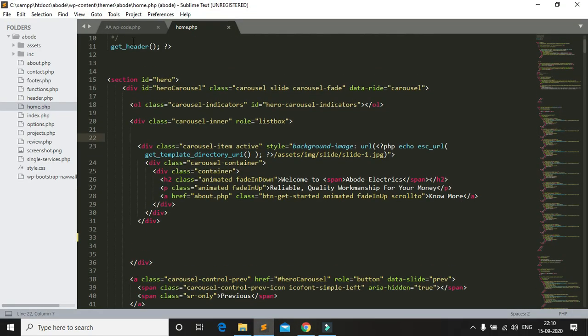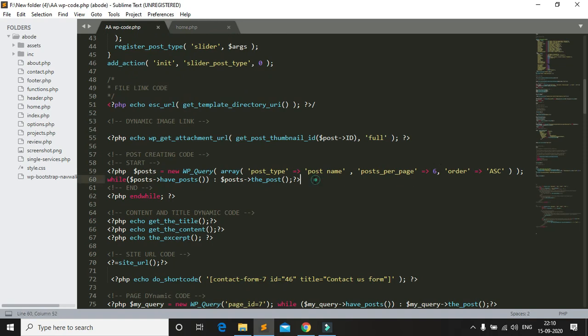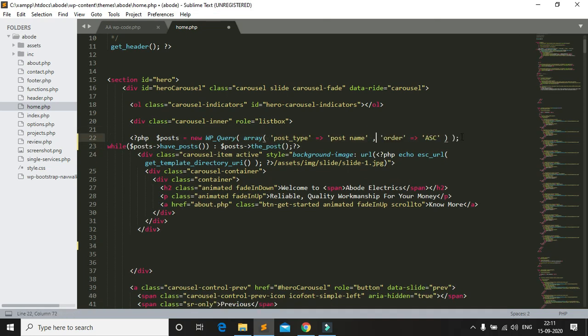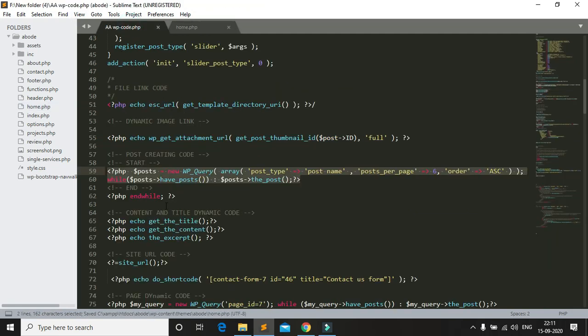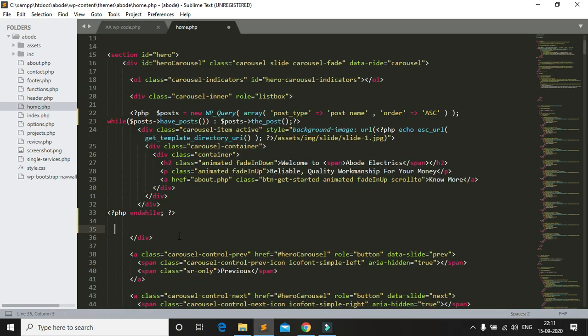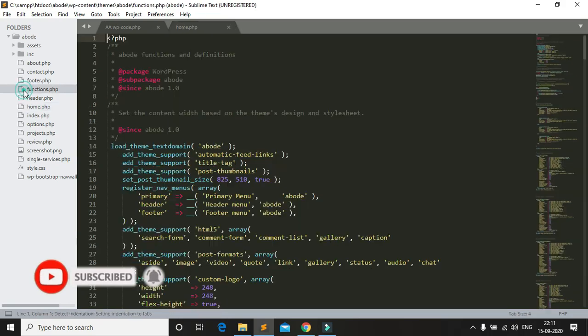Now I copy the code, just the post type code. This is the post type code. Copy and paste here and just remove this one. Okay, then end while, copy this one and paste here. I remove the blank. Save, and I need to create a function for slider.